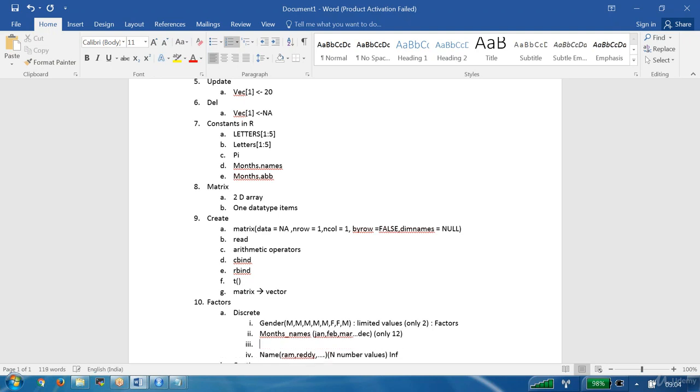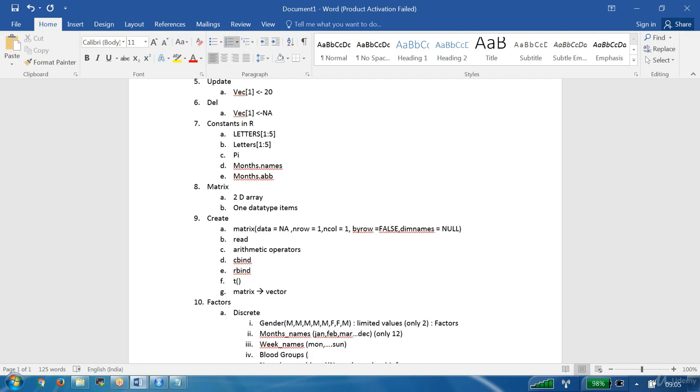Next, I'll take one more example. Week names. It is discrete or not? And it is limited values or not? Yes. Monday, Tuesday, and so on up to Sunday. And blood group. Blood groups also, sir, is it limited or not?